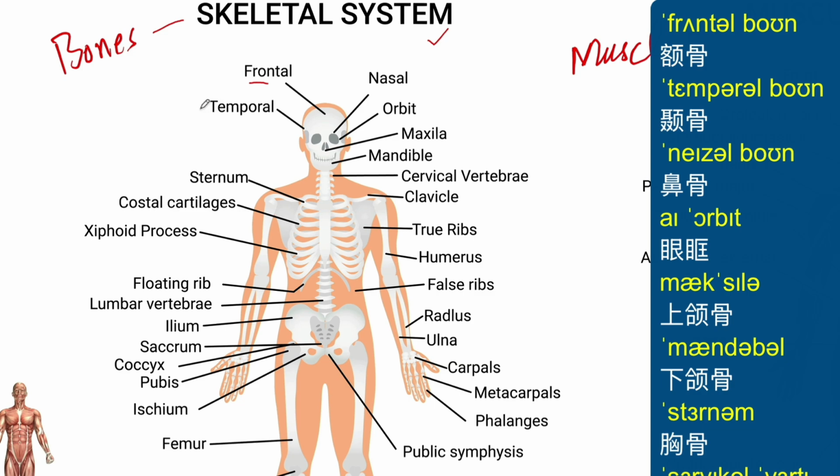alright? Frontal. And this bone, we call it temporal, temporal, alright? And on this side you can see we have the nasal bone, nasal. This sounds like Z, nasal means nose bone. And here we have the eye bone, we call it orbit. And also we have the facial bone, face bone, we call it maxilla. So this sound is K, maxilla,